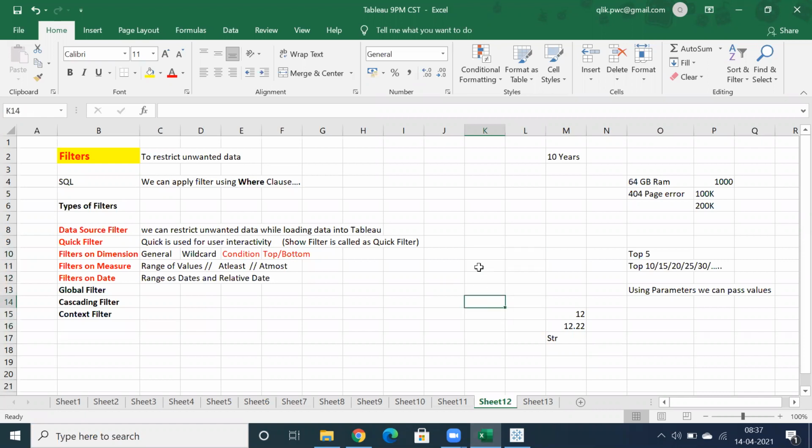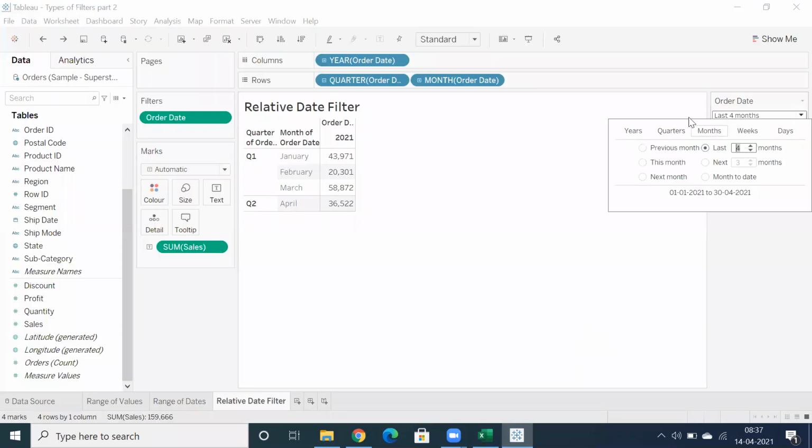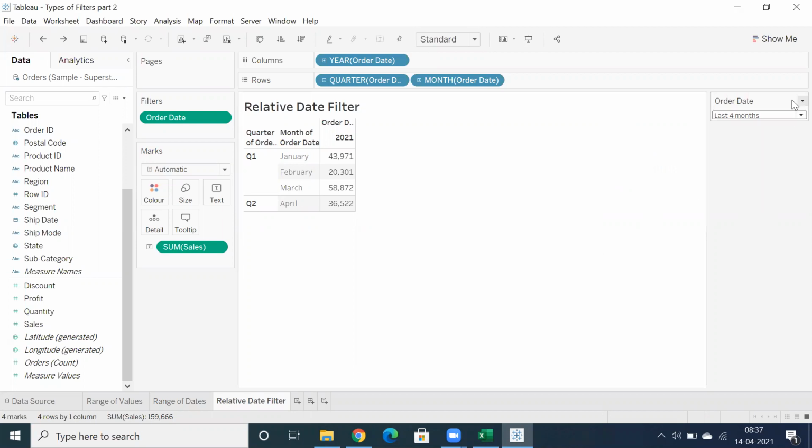And if they don't want any graph, they'll simply ask for a text table, or a report based on year-end sales. And I want to create a filter so that I can select year or quarter or month. They'll give you the snapshot. If that is a relative date concept, mostly they will make clear this is a relative date. If it is a specific kind of filter, they'll make that clear. Or if I want to select year, quarter, month as separate filters, you need to create separate filters.